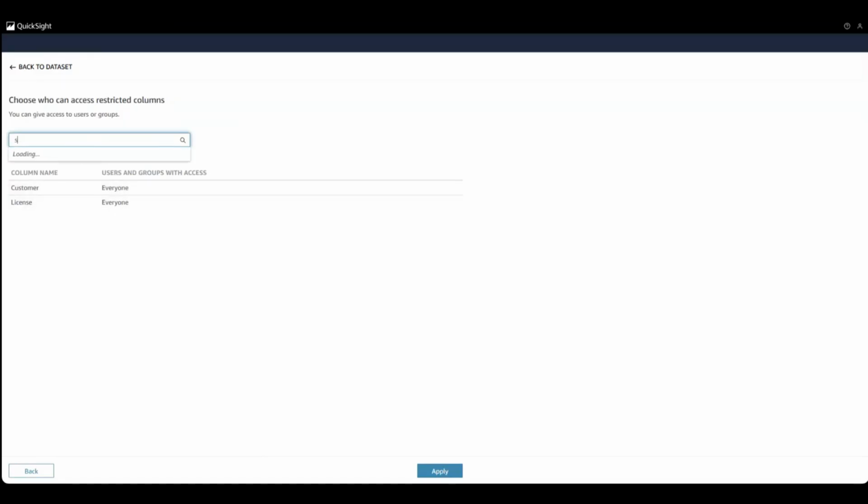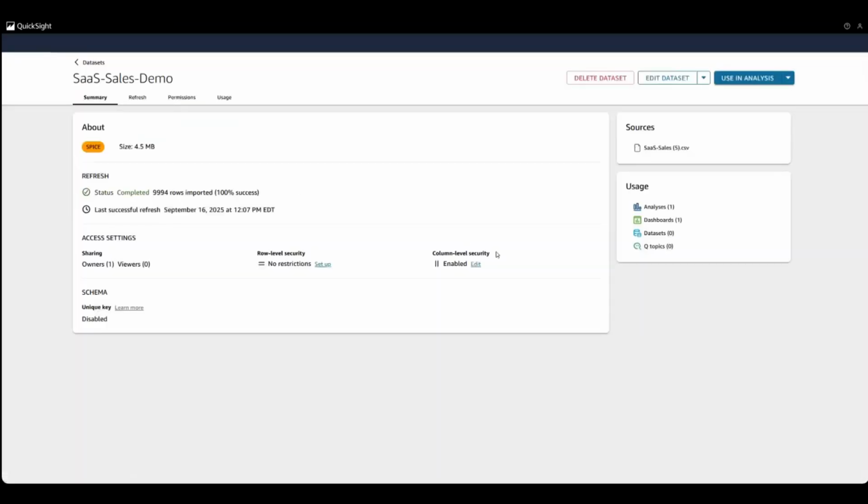Let's say I wanted to apply that for Salim user ID. I want only Salim to access that, and the rest of the users should be prohibited. They should be restricted from using these 2 columns, customer and license information. As I say apply, and I go back to my data sets, and let's say as an author, since I'm